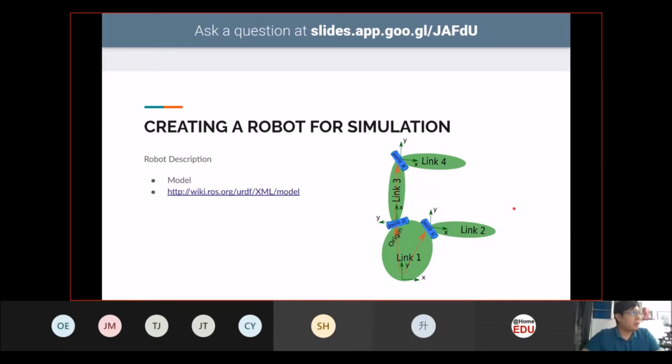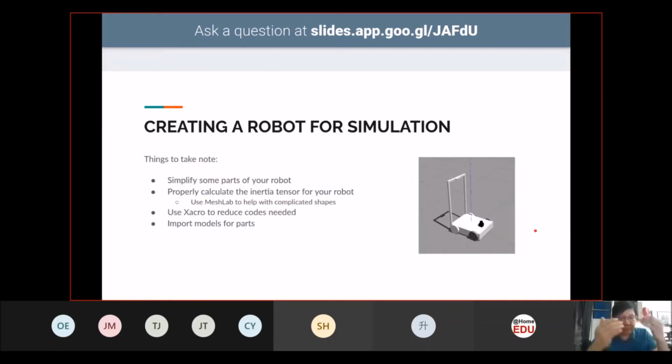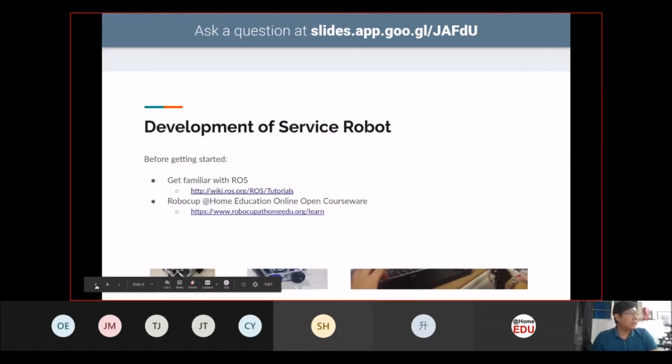But one of the things that I want to share over here is that when you are building your own robot for simulation, try to simplify some parts of your robot if possible. If you notice in our robot picture, let's go back to that.